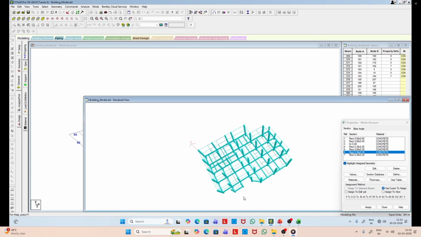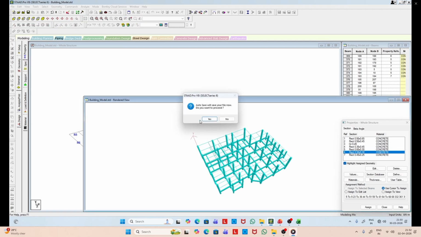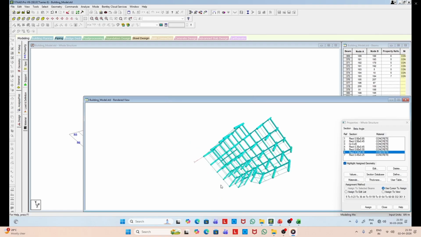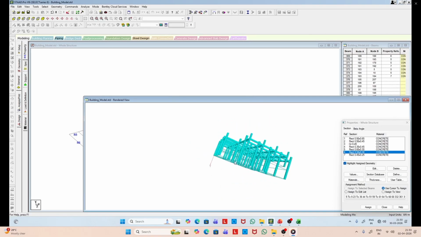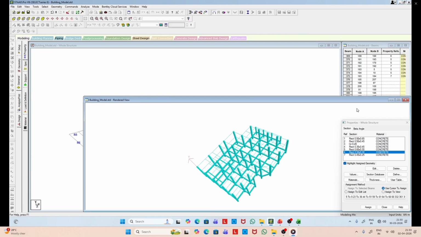Now you see at the ground floor level, the sectional properties for all the beams are assigned.